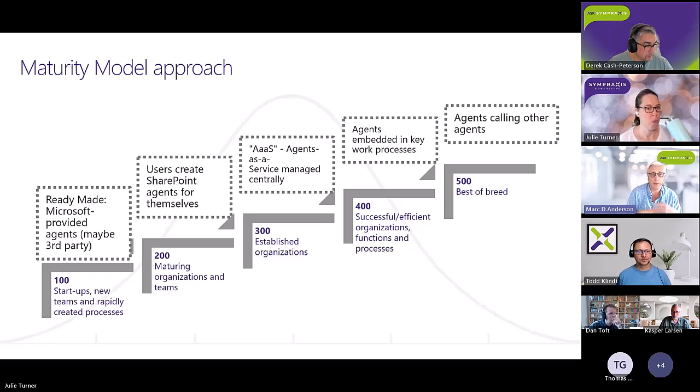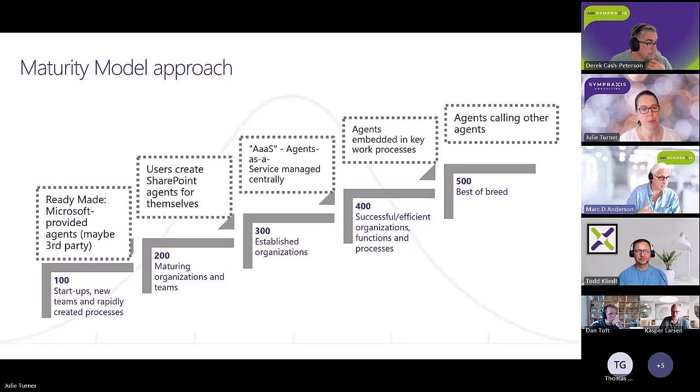The next level up might be that some of your users start creating SharePoint agents for themselves. They start creating basic agents to solve specific problems just for themselves. And I think that's the themselves thing. It's more solving point problems. At level 300, you start to think as an organization about providing, I love to use the as-a-service thing for lots of different conversations, but sort of agents as a service.